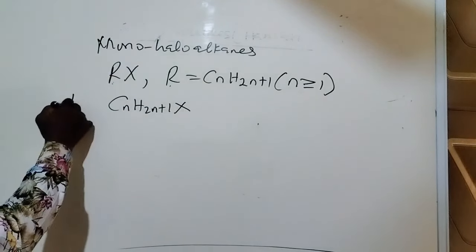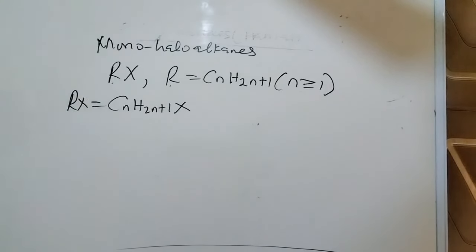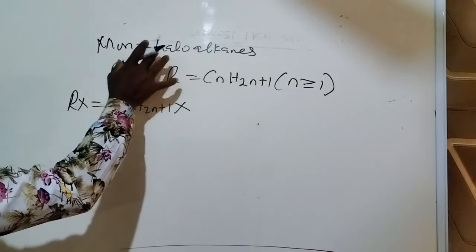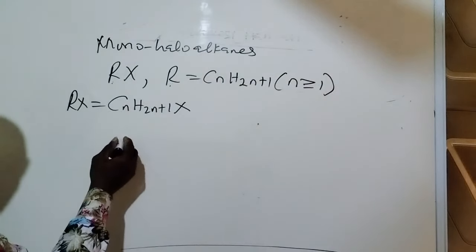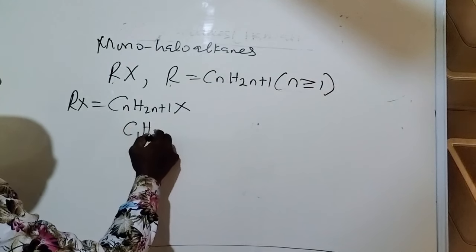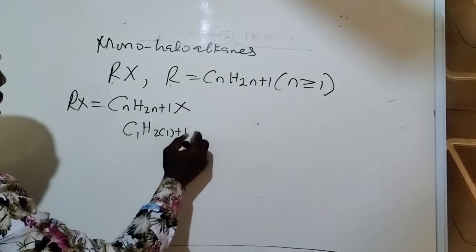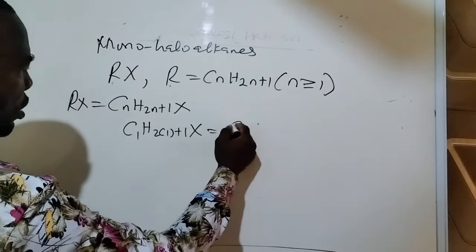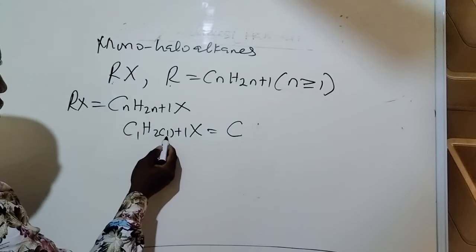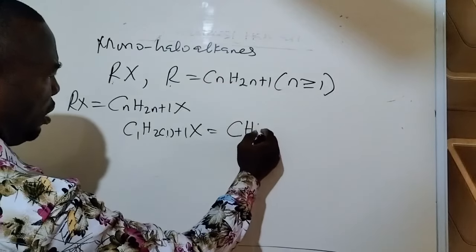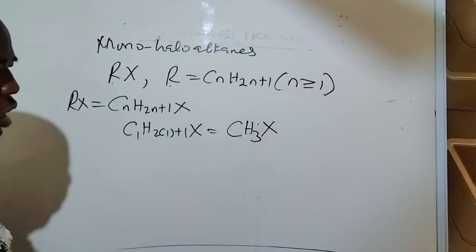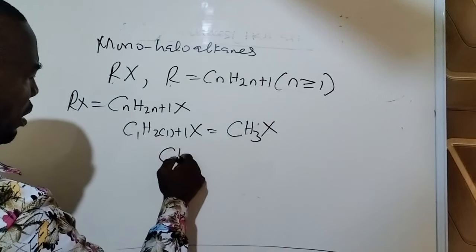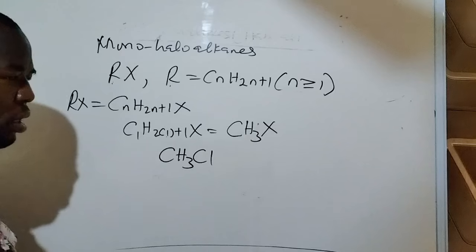So this RX is equivalent to CnH2n+1X. If I want to get the first member of the mono-substituted haloalkanes, I replace n with 1. I'll have C1 H(2 times 1 plus 1), then X. So this is going to give us C, that's 1 carbon, 2 times 1 is 2 plus 1, 3, H3, and then X. If the halogen here is chlorine, CH3Cl, I'll call it